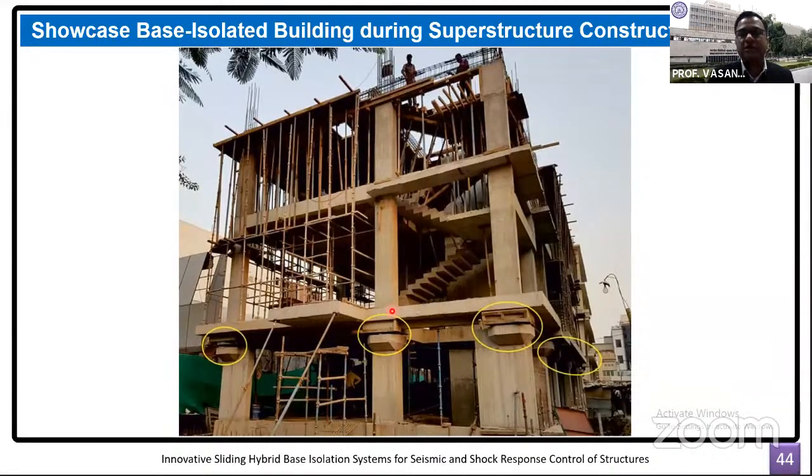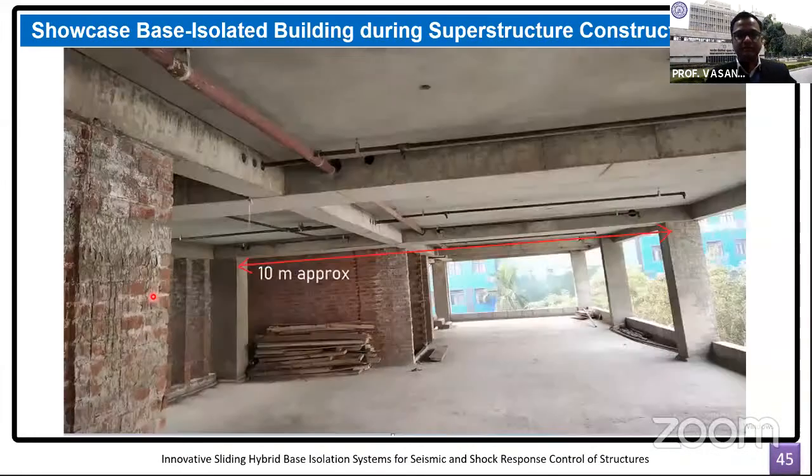Again, one of the participants has asked a question, is it necessary to put the isolation system afterwards? That's not the case. Isolation systems are typically put in during the construction itself, whenever we reach the level of the isolation systems. So what is noticeable is that the member sizes in the superstructure have reduced quite significantly. As you have seen in the previous picture, the column sizes are much smaller. Here you can see the beam sizes are also quite small.